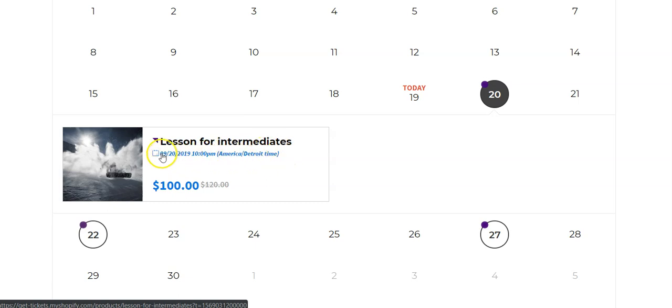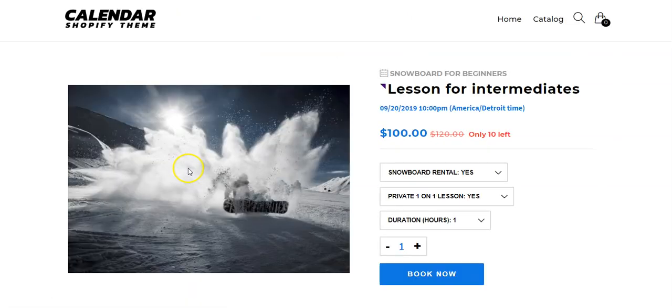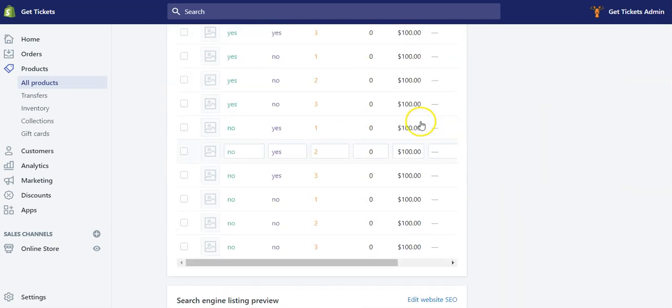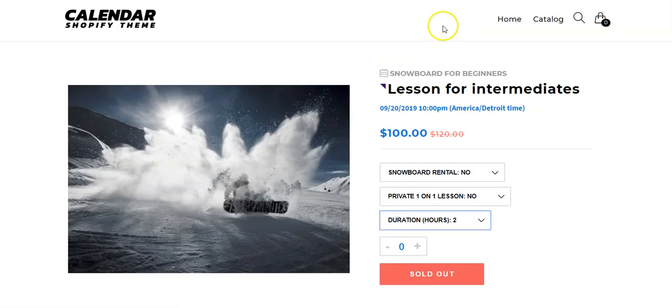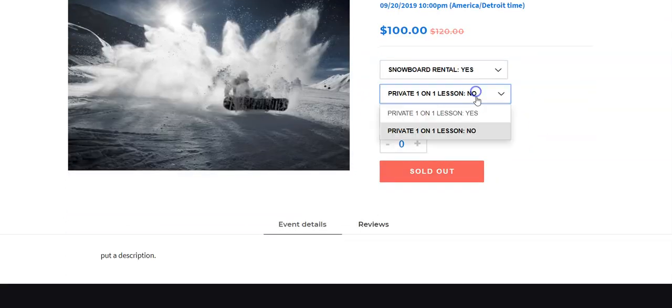And so you have September 20th of this year, you have the lesson for intermediate, and I also have my product image that is displayed in this card. So here I do have my options, so rental, snowboard, private lesson, one-on-one duration, and it's written sold out because as we have seen together, I've put 0 inventory to all of them by default. I don't know why Shopify does that, but it used to be different. Anyway, so I do have my info there,